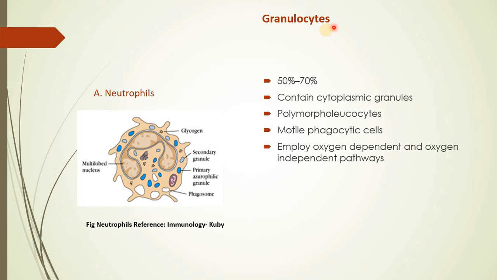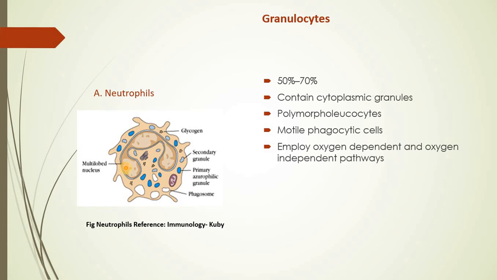Now to continue with our discussion on granulocytes, we'll begin with neutrophils. Neutrophils are important blood cells which are large in number, and nearly 50 to 70% of them are seen circulating throughout the body. These neutrophils contain cytoplasmic granules which don't get stained with acidic or basic dye. They get stained only with neutral dyes, and therefore the name neutrophils.